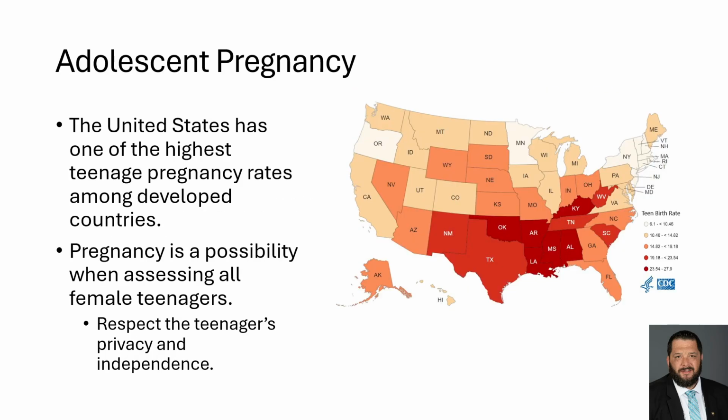Adolescent pregnancy is also of concern. The United States has one of the highest teenage pregnancy rates among developed countries. And remember that pregnancy is possible when assessing all female teenagers. And respect the teenager's privacy and independence, but your assessment and history should include inquiry about last menstruation cycle,